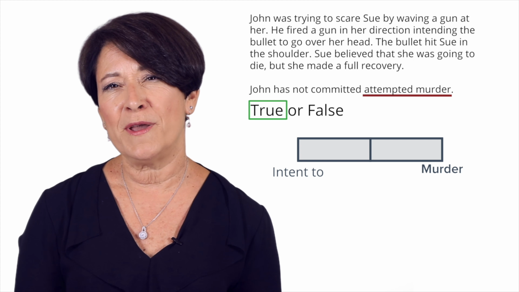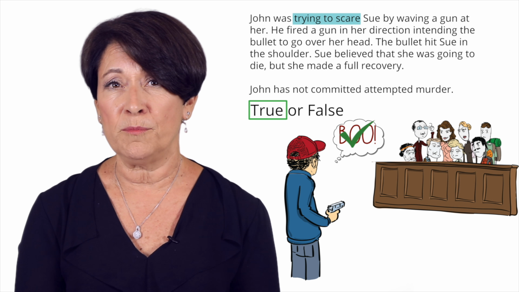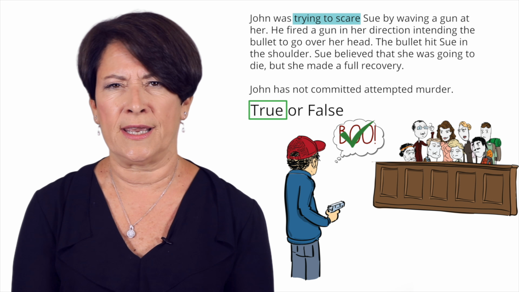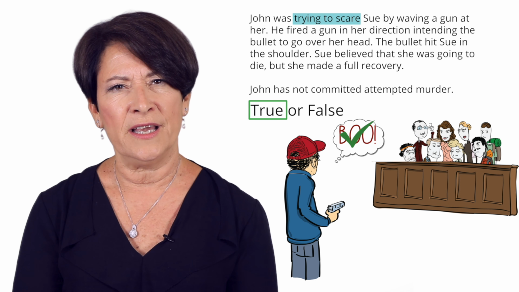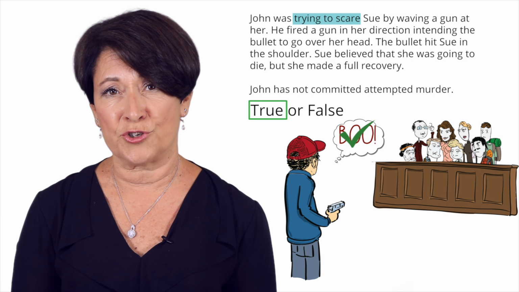I want you to step back from the fact pattern and look at what it states. When a fact pattern gives you the mental state of the defendant, I want you to accept it as given. You might say, well, if I were on the jury, I wouldn't believe him. Or you might even think, oh, I'm not sure I can trust him. Maybe he really was trying to kill her. But if the facts say he had no intent to kill, if the facts say he was trying to scare her, we're going to take those facts as true.